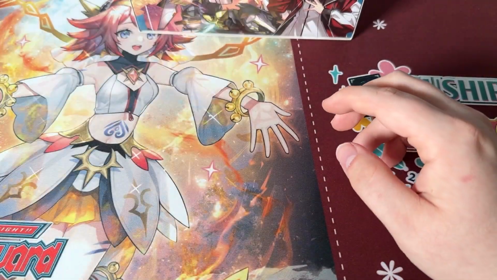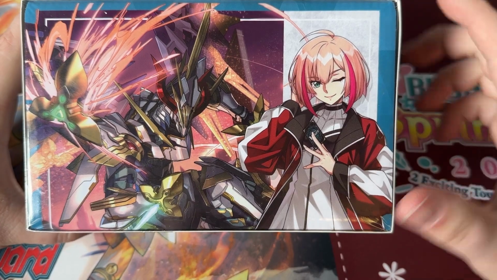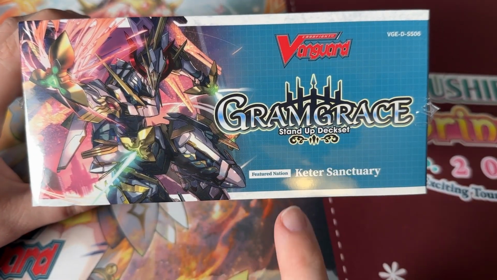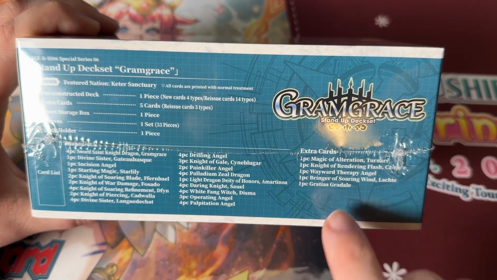So, like I said, first we're going to take a look at the Gramgrace structure deck, which comes with the main character of Deer Days, I believe. I never played Deer Days, so I'm not sure. It's got the Gramgrace stand-up deck set, Keter Sanctuary. On the side, just Bushiroad's information. And then it's actually got the deck list here, which,